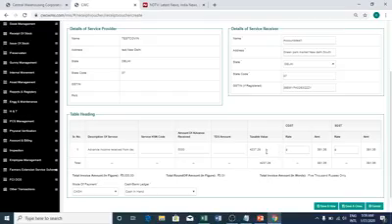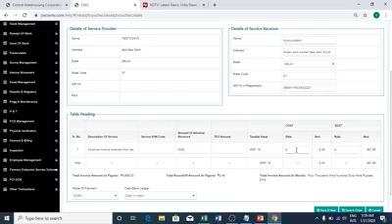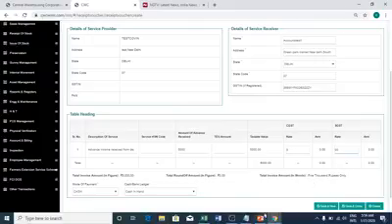Now, the system will automatically deduct the GST from this, assuming that the party is paying 5,000 rupees including GST. So it will automatically get adjusted, with the principal separately and the GST separately. But in case you're not sure, you can manually put this as 0. Similarly, you can manually put this as 0. So the entire 5,000 rupees will be taken as the total advance received. So you can either have the breakup of amount plus GST, or the total amount.